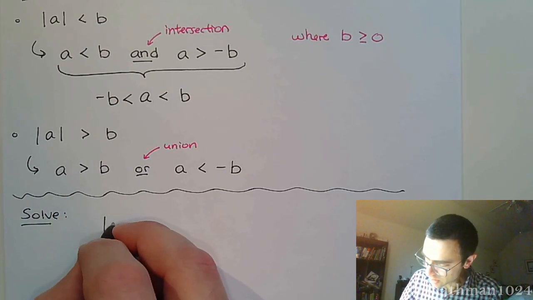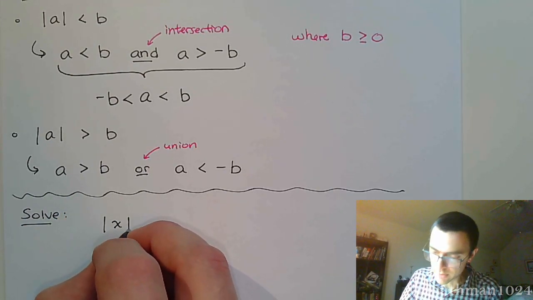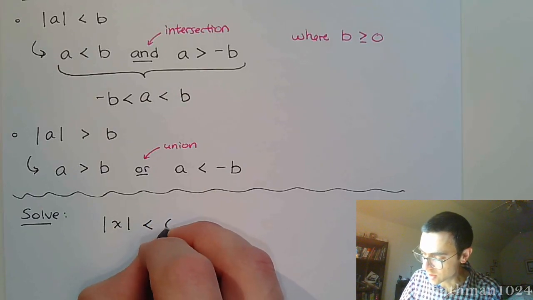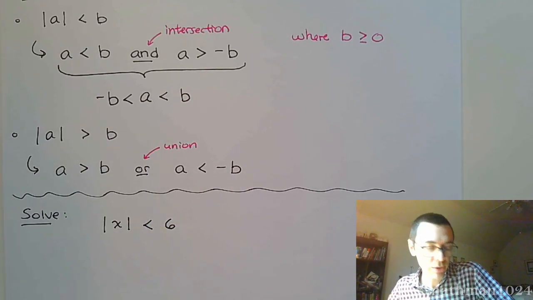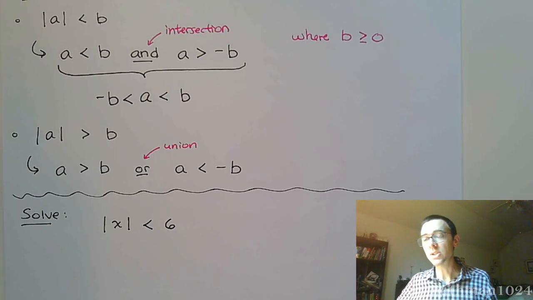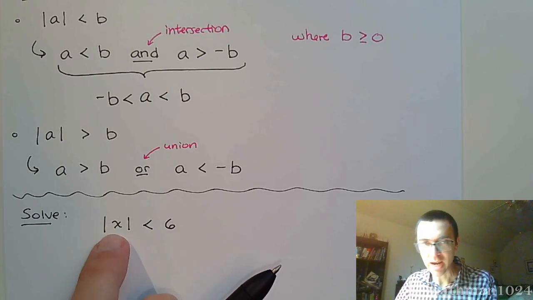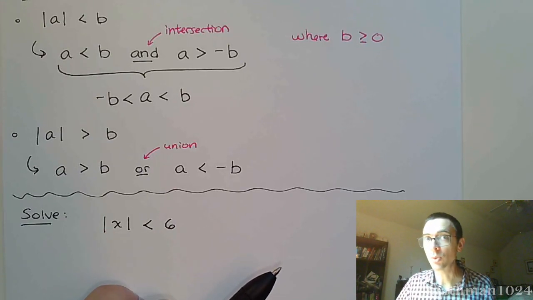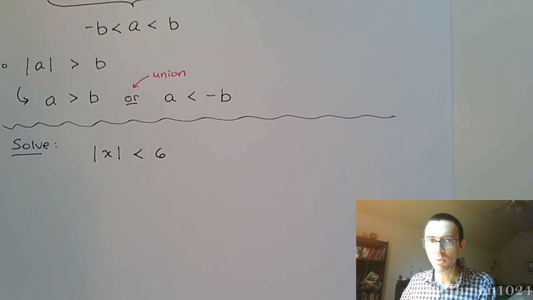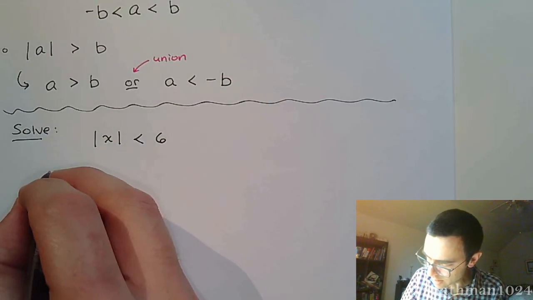So if we just first off start looking at the absolute value of x less than 6, there's no need to complicate it, keep it nice and small like that. Remember, the absolute value measures distance, so the distance from 0. And this guy right here says, I want your distance to be less than 6 units away. So if you think about what the graph of this looks like,